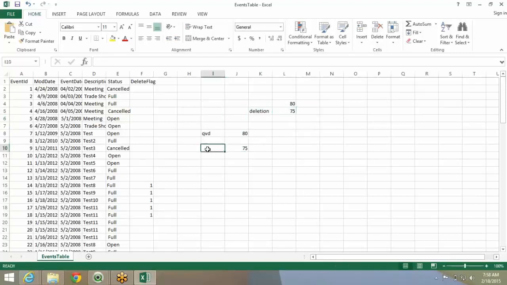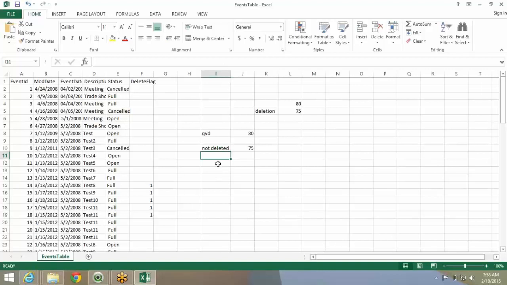So first step, I'm loading only the records which are not deleted. Now second step, I load the records which are modified or updated or new, right?